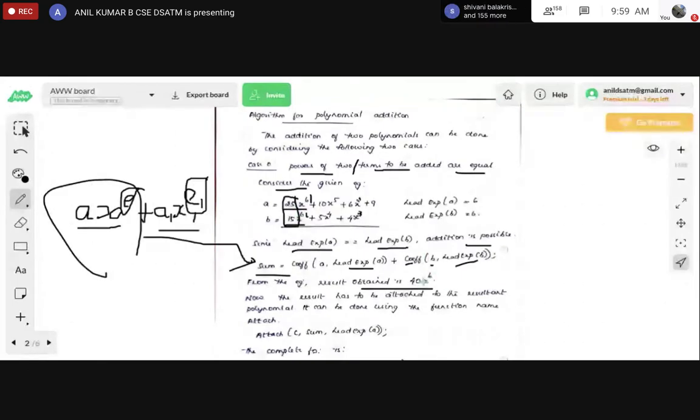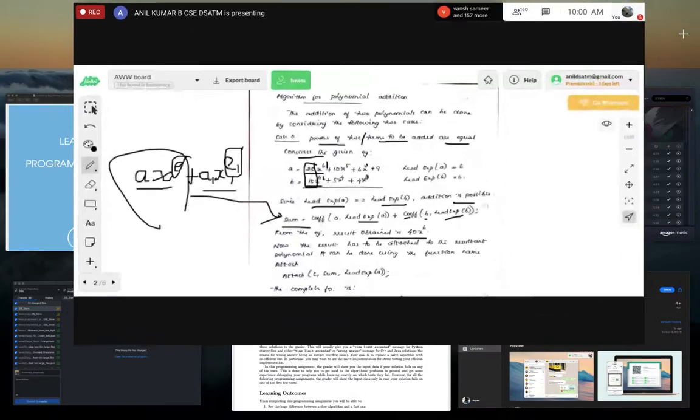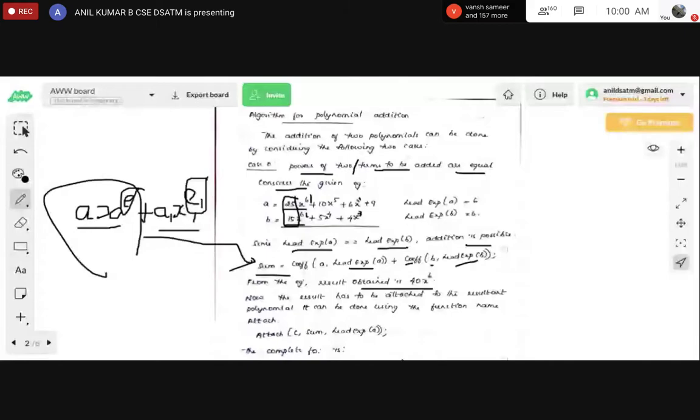X power 6, X power 6 we cannot add. That is represented as it is. Is it okay? So this is how this will be added.